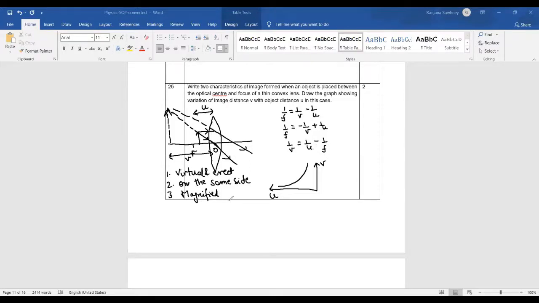So we have completed the section C questions, that is from question number 17 to question number 25. Each question in this section is of 2 marks and there are 3 internal choices. Section D and section E we will be discussing in the coming parts.